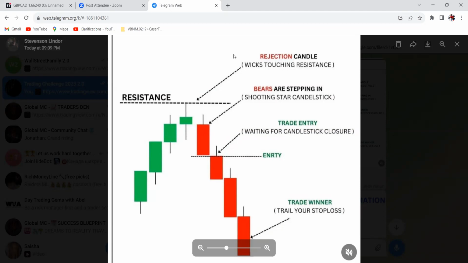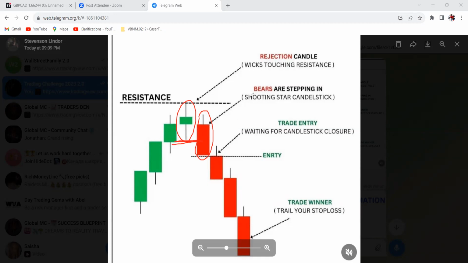Let me draw on here so everybody can see what I'm talking about. So this was your last bullish candle. See how the body of this bearish closed below this bullish? Whatever time frame you're trading on, if this is a 5 minute, you want to wait for this entire 5 minutes to close, because as you guys know, price can begin to go below or above that candle, and then right before it closes, it pulls back. So you always want to wait for it to close.